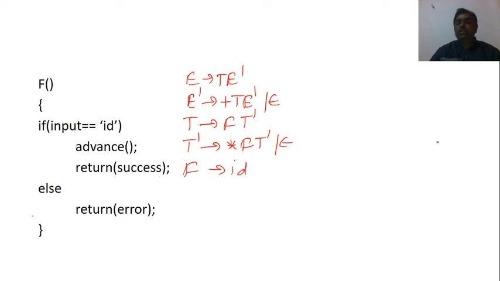And I want to check whether the string ID plus ID into ID dollar is accepted or not.